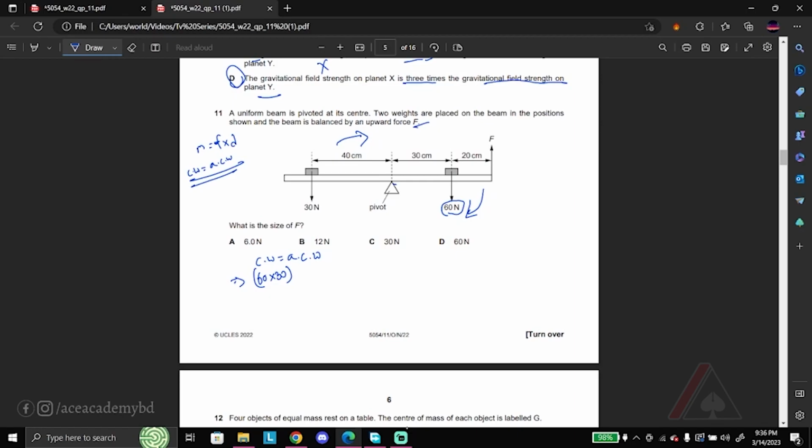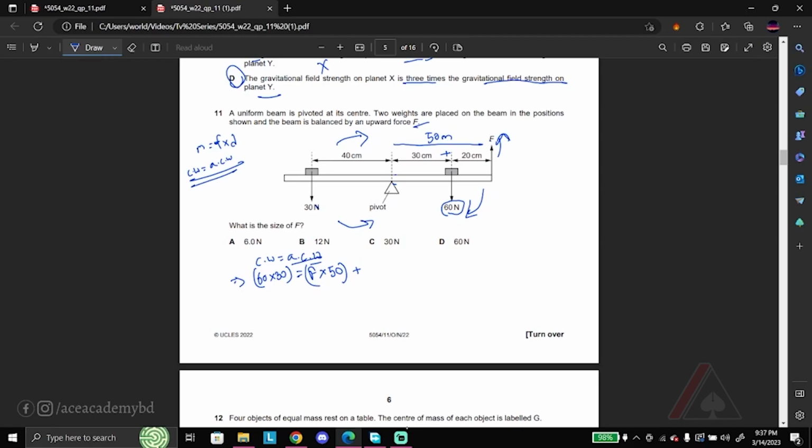Since there are no other clockwise moments, let's move on to the anti-clockwise moment. Anti-clockwise is this way. The force F itself is in the anti-clockwise direction, so F times the distance between F and the pivot, which is 30 plus 20, so that's 50 centimeters. So F times 50